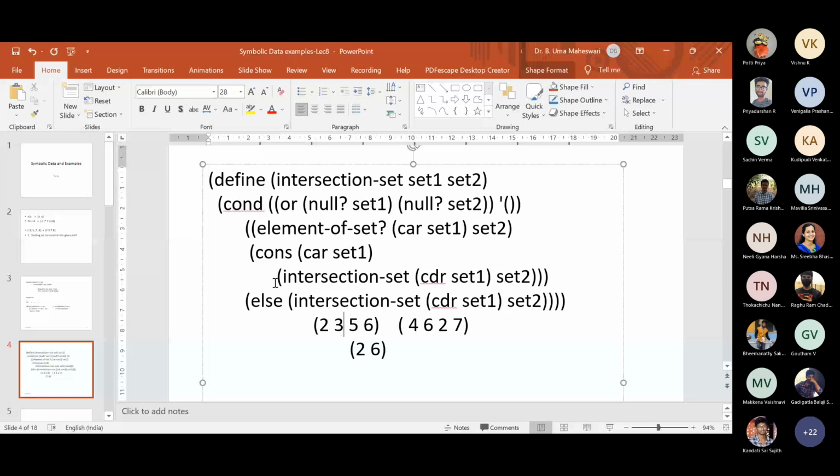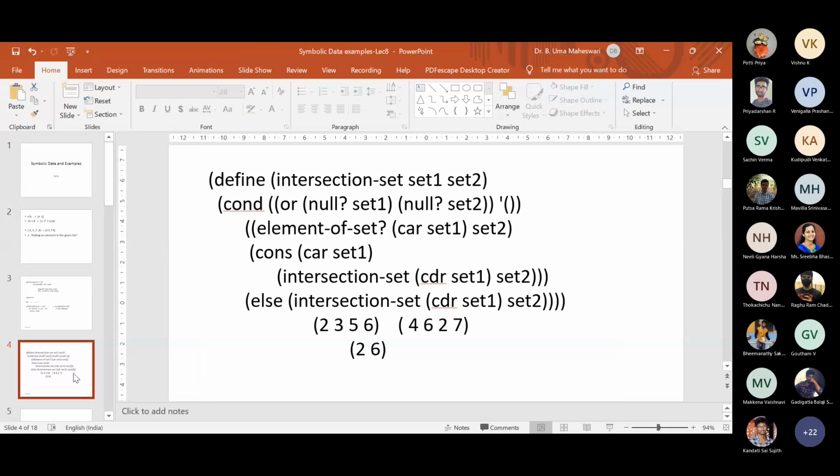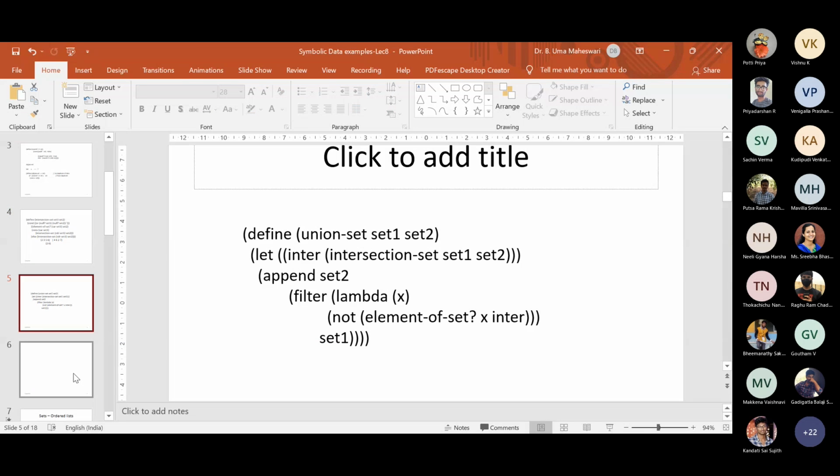But how to do this efficiently? How to efficiently perform the intersection operation for an ordered list, let us say? In comparing the procedure for the unordered list and the ordered list, you can somewhat improve the efficiency of your program if the elements are in an ordered fashion. If the elements are in an ordered fashion, we can reduce some tasks. So let us look at how to perform intersection for the ordered list.